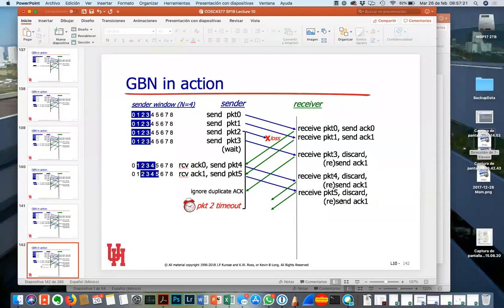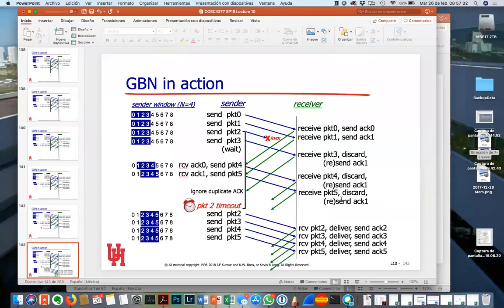Eventually, the timer for packet 2 will go off. And you'll go, geez, man, I guess he's never going to give me the ACK. I'll resend it. So what will happen at that point is you'll resend the whole window, because with go back N, it threw everything else after that away because it didn't get 2 in order. Or it looks like it didn't get 2 in order. You didn't get an acknowledgement back. You don't really know whether the packet was lost or the acknowledgement was lost, but you do once you start